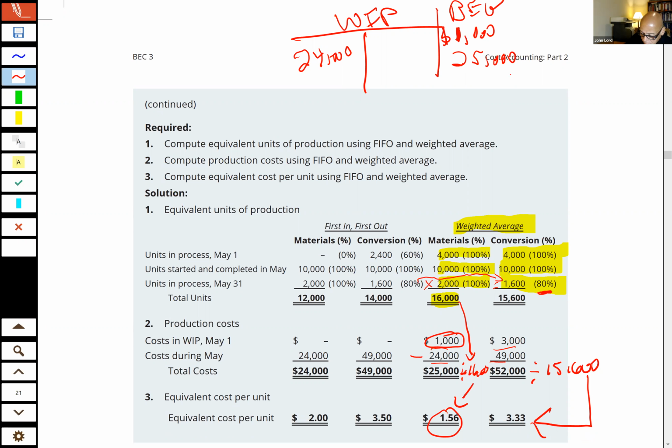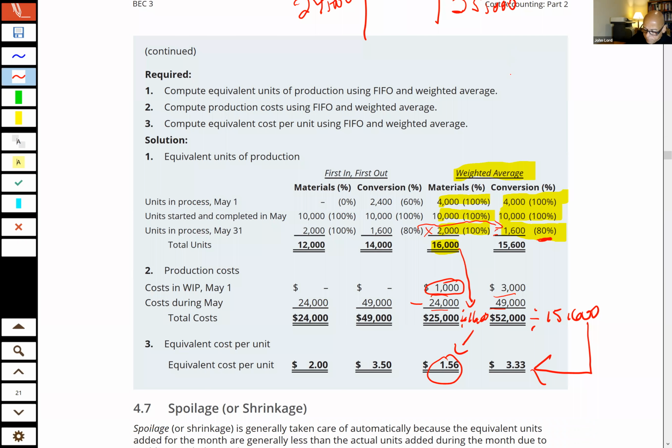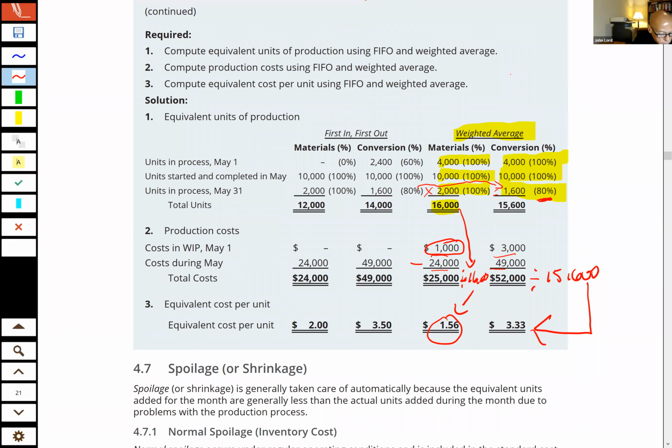So what you would do is you would take that 1.56, and again, I'm just focusing on the materials, and you multiply it, and you have to say, well, how many units got transferred out? And the answer is going to be these 14,000 worth of materials. Even though there was 16,000 totally produced, they only transferred out 14,000, because there were 2,000 that were left still in work in process. So they transferred out 14,000. So you pick up that 14,000, $1.56 times 14,000.